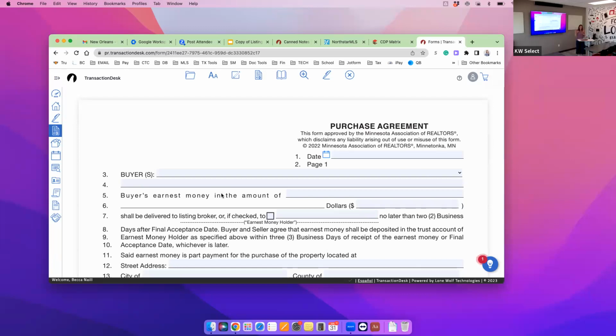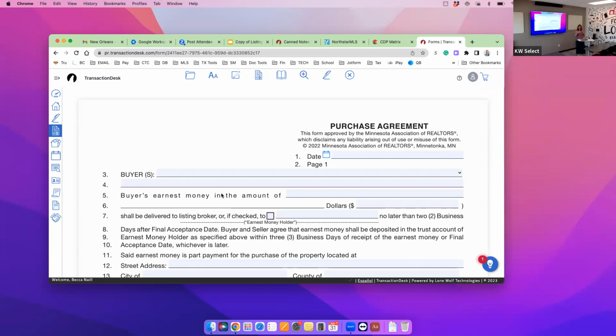Because if you think about it, when you open up a listing under the MLS photo and you go in that way, it says, do you want to use the wizard? Do you want to use a template? You're going to say, yes, I want to use a template. And then it's going to say, what template do you want to use? I want to use my buyer LBP template, or my buyer HOA or my buyer land template. And it's going to pull that one up. And then it's going to say, do you want to use the wizard? And if you say yes,